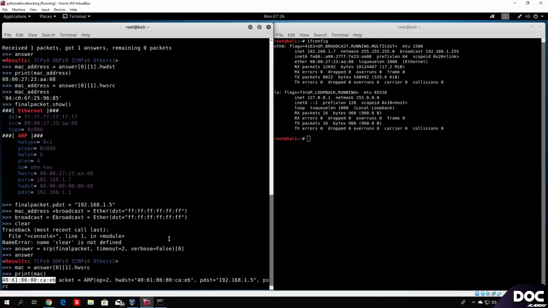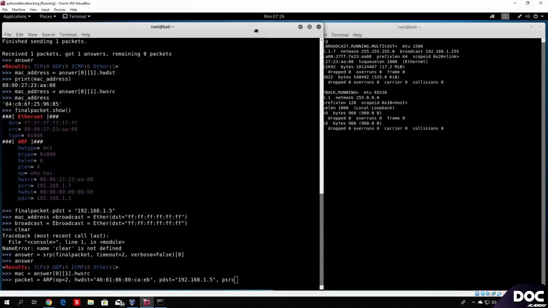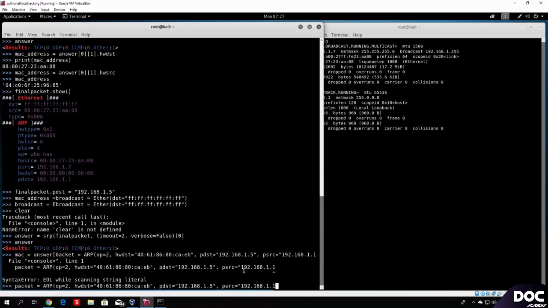So IP source, not really sure. Let me just move this to the side so you can see it a little bit better. So IP source equals the IP address of the router actually. So what we want to select is that our source IP address is actually 192.168.1.1, which will then trigger the actual, where is my actual packet going? Okay, so here it is, which then will actually trick the router into thinking,